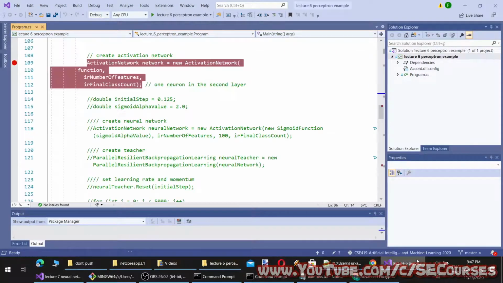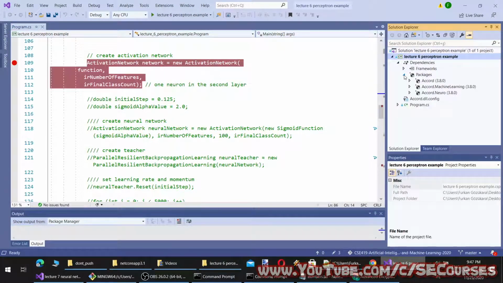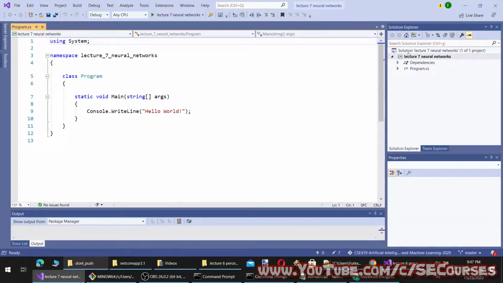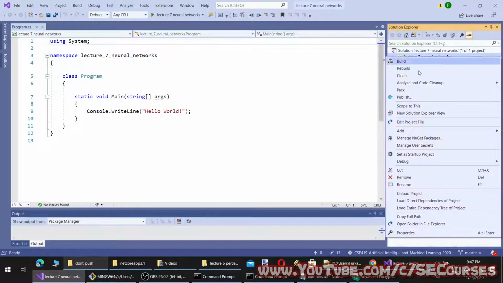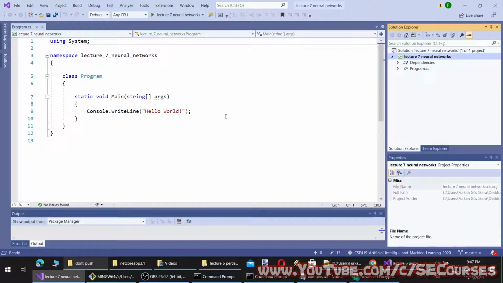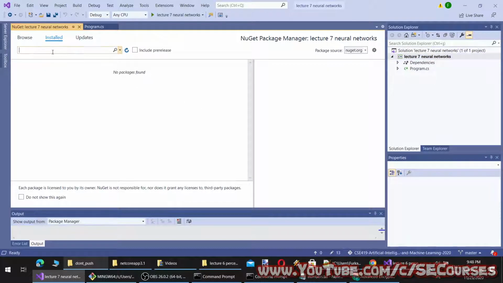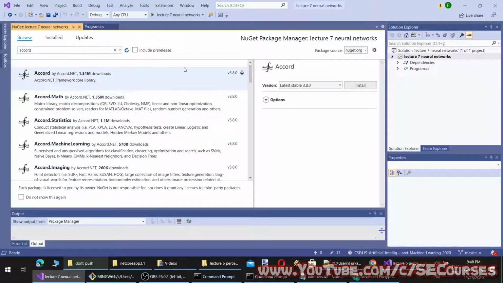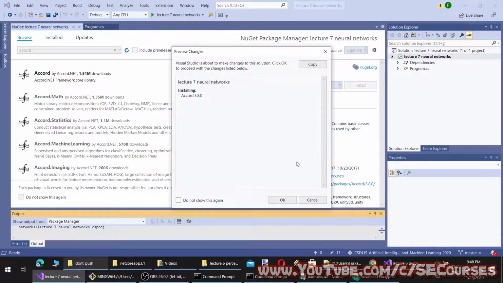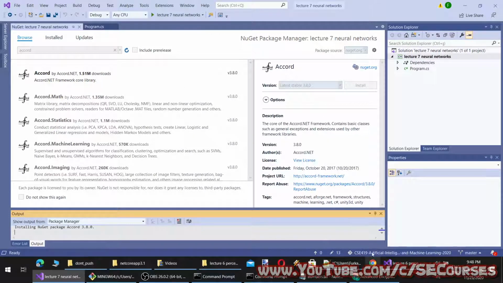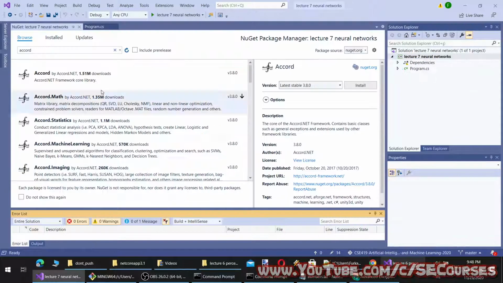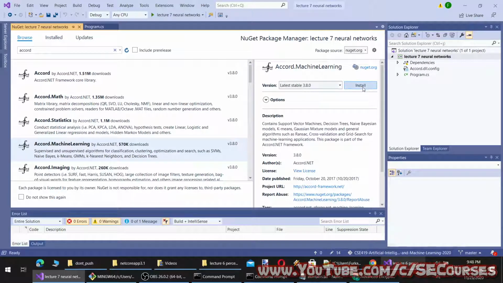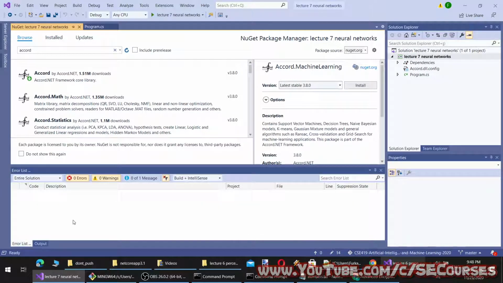Okay, so we were using these ones. I'm going to install them to our new lecture project. Okay, we are installing Accord and Accord Machine Learning here. Okay, let's wait for the previous install to complete.